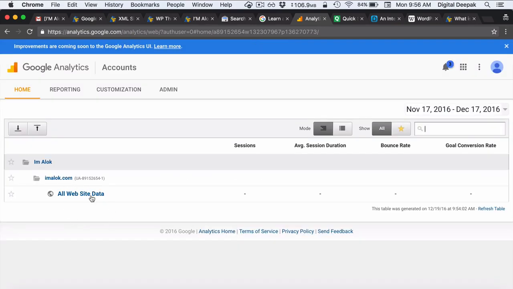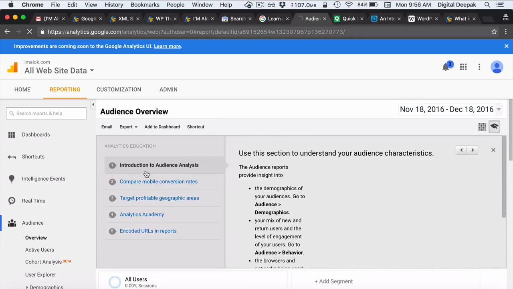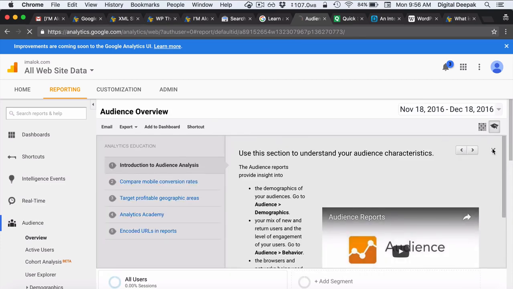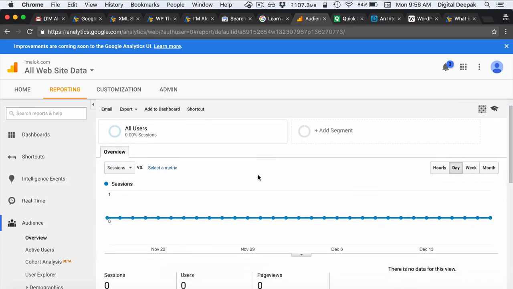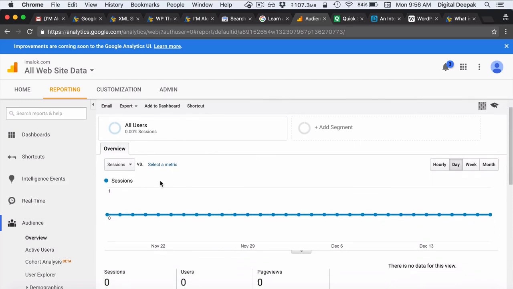As soon as you log in to your Google Analytics account, which will be at analytics.google.com/analytics/web, you will be able to see the account that you have just set up. This is the account that we have just set up. Click on this, and right now obviously there is no data to be seen. There will be another lesson about Google Analytics where I will take you through all the features of Google Analytics,